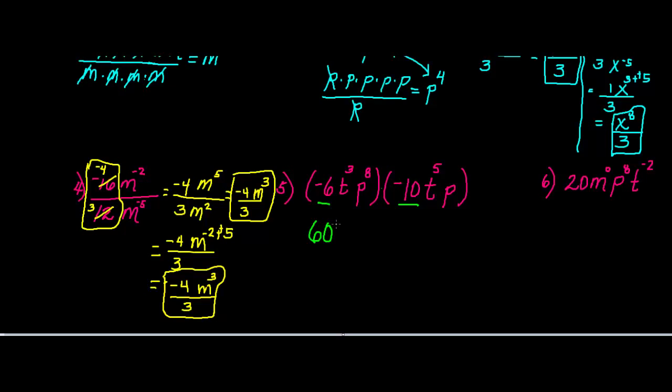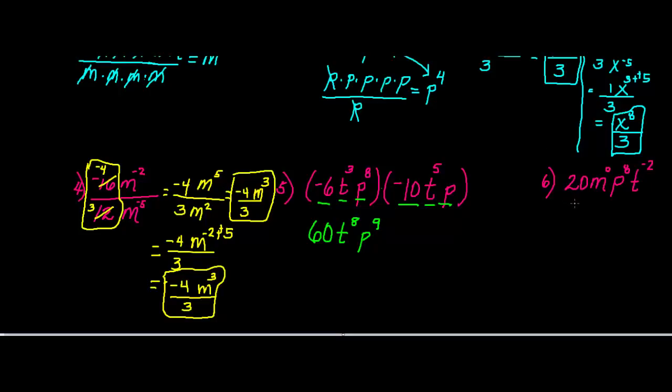Then we take care of our variables. T to the 3rd power times t to the 5th power. I'm multiplying. That means I can keep my base and add the exponents. 3 plus 5 is 8. P to the 8th power times p, I'm multiplying, so I keep the base and I add the exponents. What's 8 plus 1? P to the 9th power. And you're done. For the last problem, we're going to do